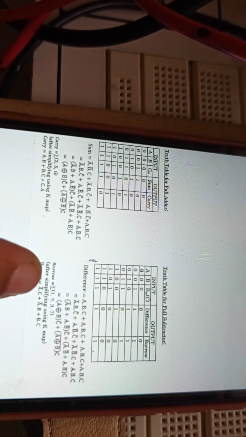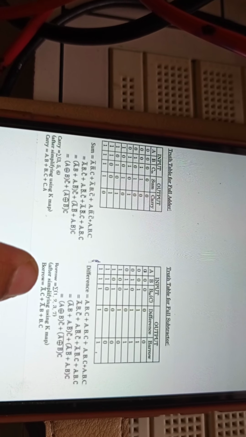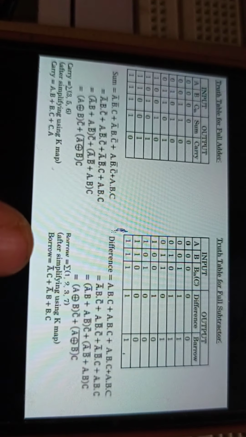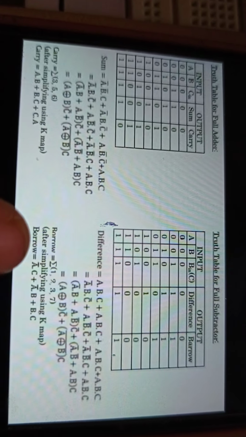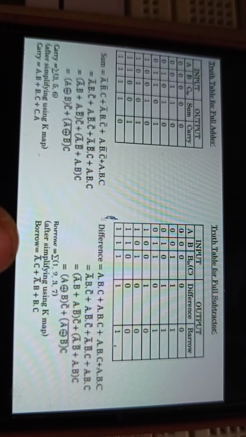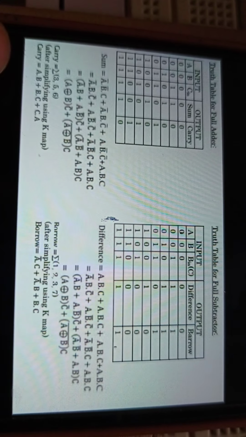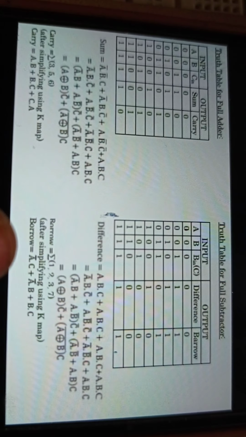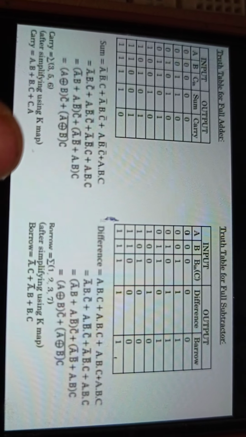Instead of CA, A bar C, and instead of AB, A bar B. So I'll just change these connections from the full adder to the full subtractor. Where I have given A input for AND gates, I'll change to A bar and I'll show both the outputs.